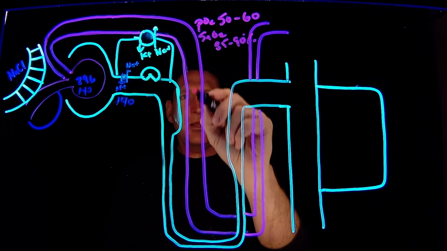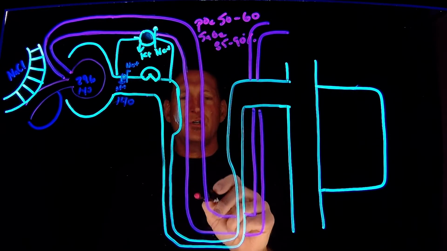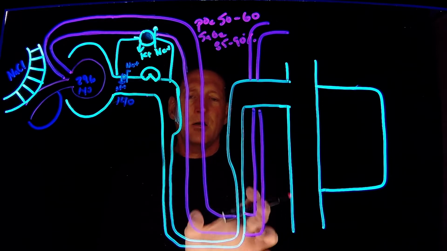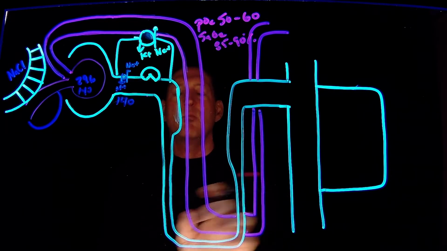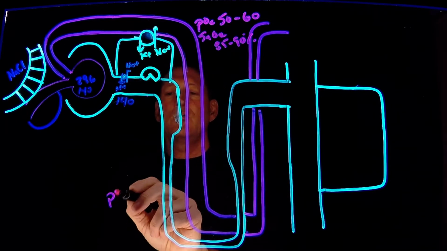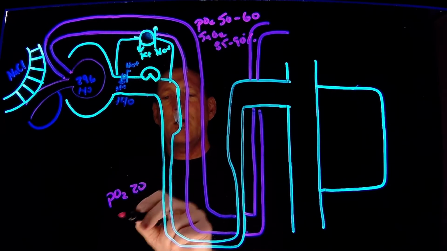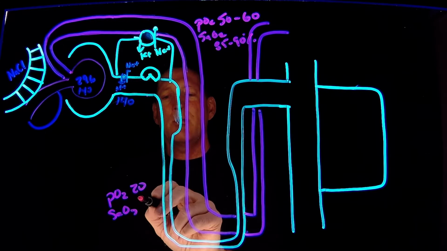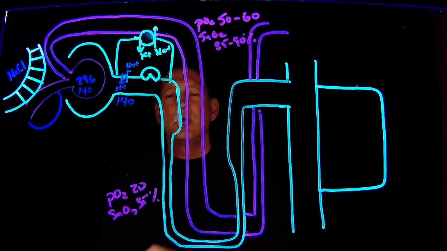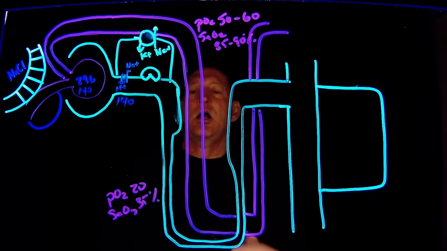Now, by the time I get down here, I've extracted so much oxygen that by the time I'm down here in the medulla, the PO2 is going to be anywhere from about 10 to 20. So let's say it's at 20. Well, that would make my SaO2 about 35%. So you can see I've really extracted a lot of oxygen,